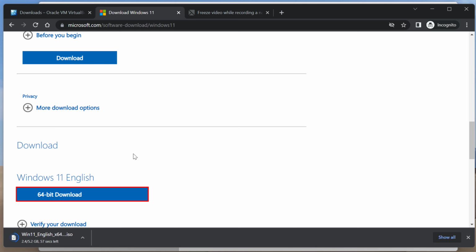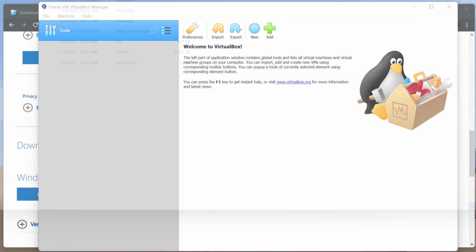Once this download is done, we can proceed with setting up our virtual machine, mounting it, and actually kicking off the full Windows 11 install experience. So I'm going to pause the video for now, and we will resume in about 40-something seconds when this download is complete. All right, so it has finished downloading the ISO file,